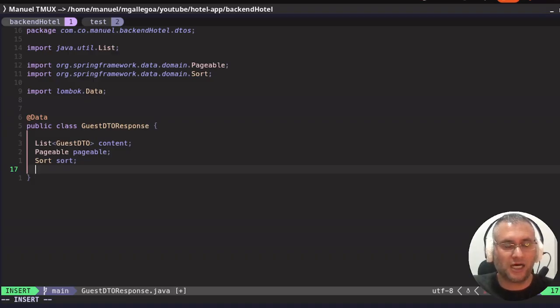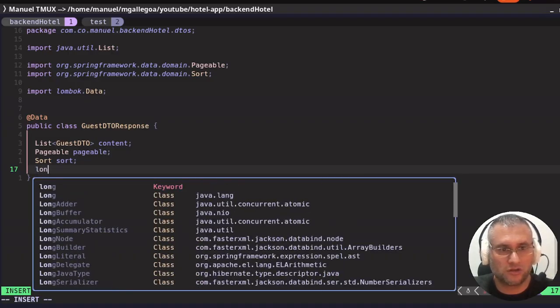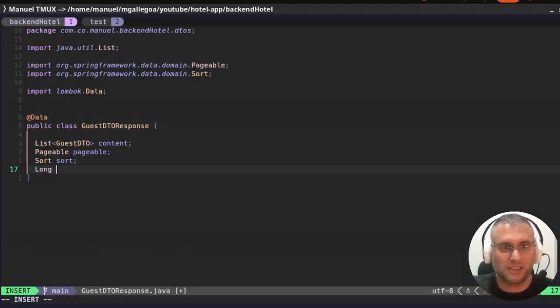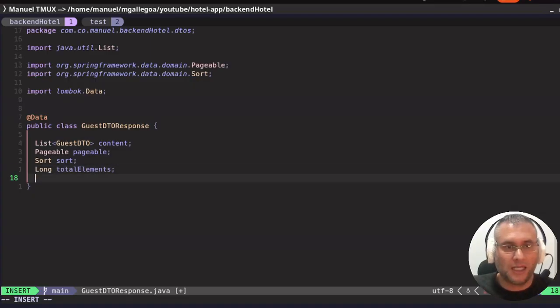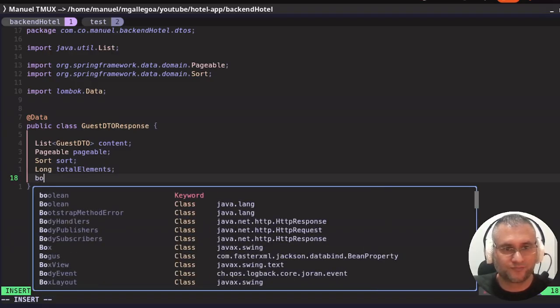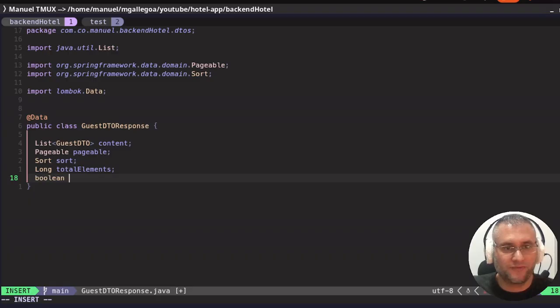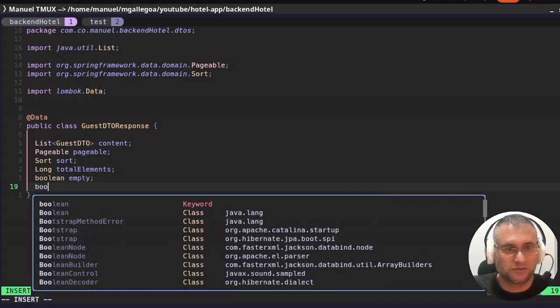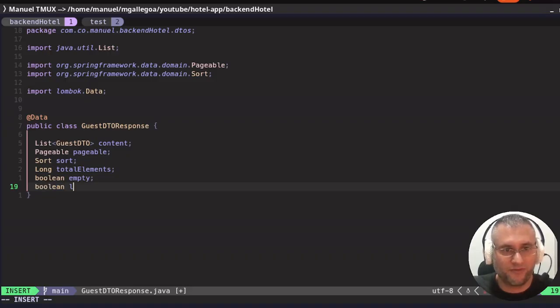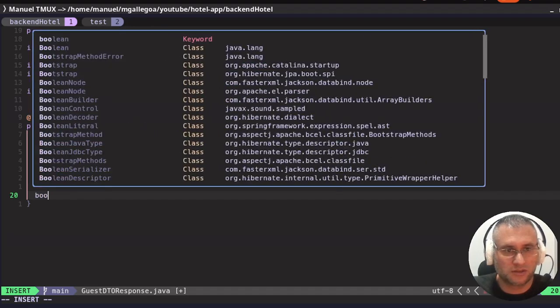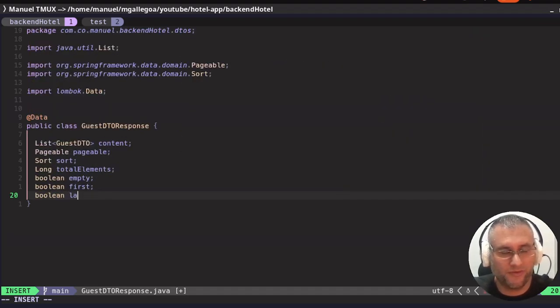Here return a long value with the total elements, and return a boolean indicating if it is empty or not. Return a boolean if it's the first, and a boolean indicating if it's the last,